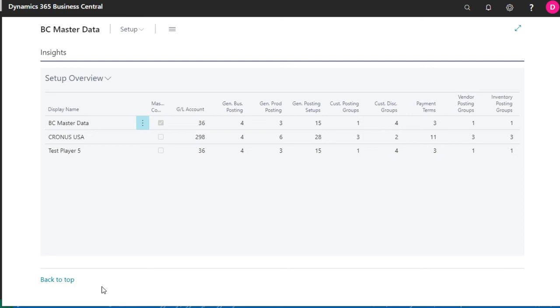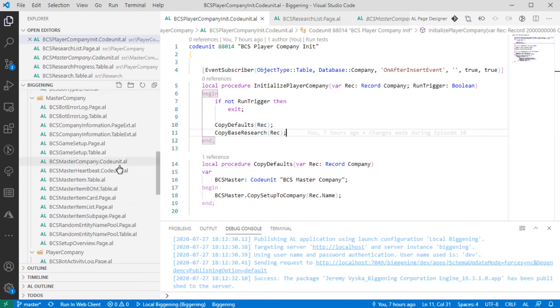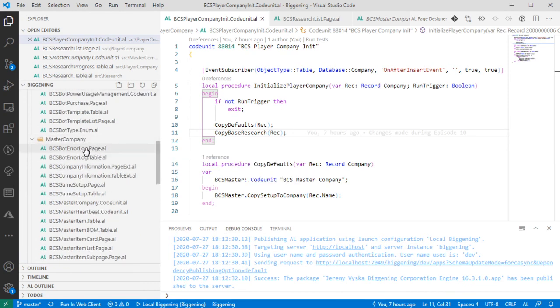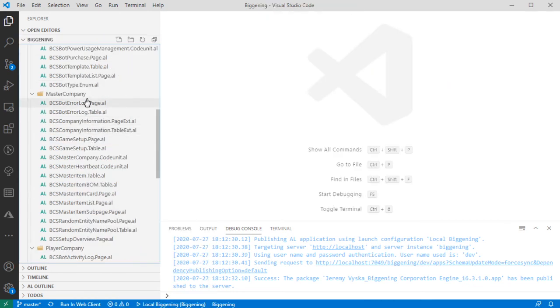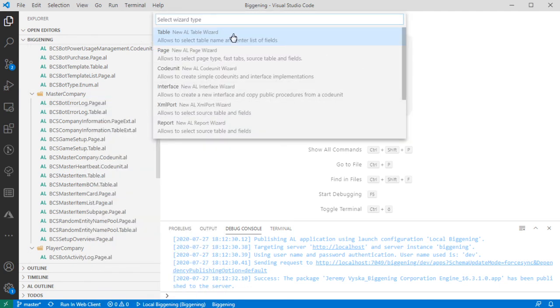So it would be good to potentially replace our setup overview with a player overview. And I think it will be the beginnings of our dashboard of what we'll actually want to see as a system administrator. Later we'll add some insight and overview to all of this, but let's get some basics started here. So here in our master company folder, let's close all of our currently open things just to declutter our workspace a little. We are going to create a new table,